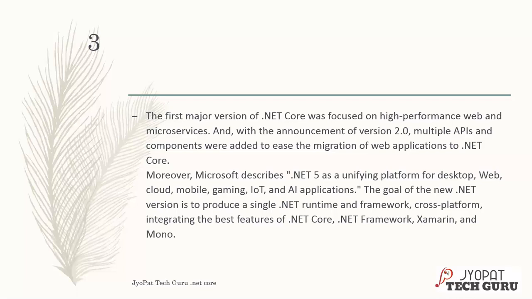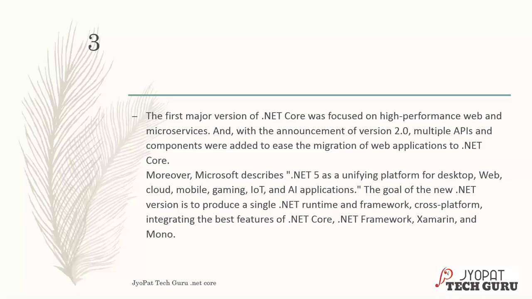Moreover, Microsoft describes .NET 5 as a unifying platform for desktop, web, cloud, mobile, gaming, IoT, and AI applications, artificial intelligence applications. So the goal of the new .NET version is to produce a single .NET runtime and framework, cross-platform,